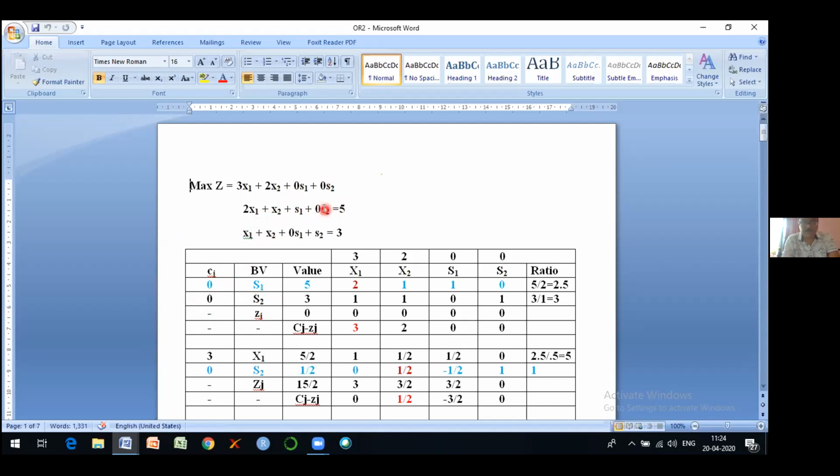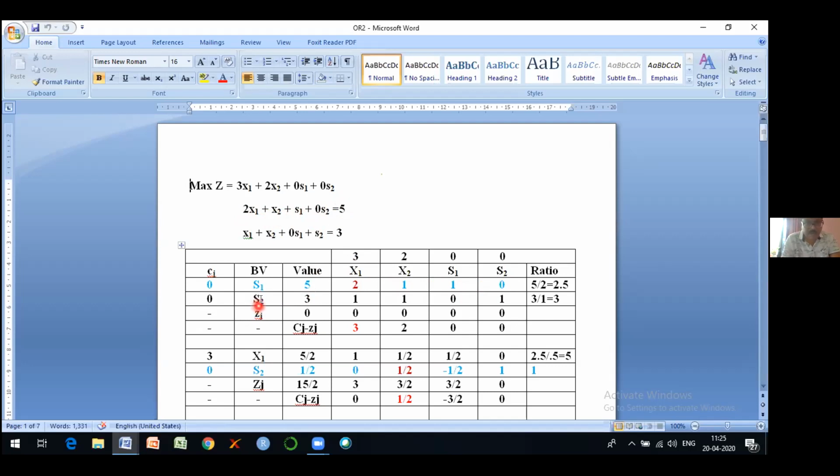First constraint. The coefficient of x1 is 2. Here the coefficient of x2 is 1. Here it is 1. Here it is 0. Just will write here, the value of the constant is 5. Therefore, you have written 5. And after that, we have just written all the coefficients from the first constraint. From the first constraint, we have got 2, 1, 1, 0. Right? And here the value of the constant is given as 5. So here we have written 5.